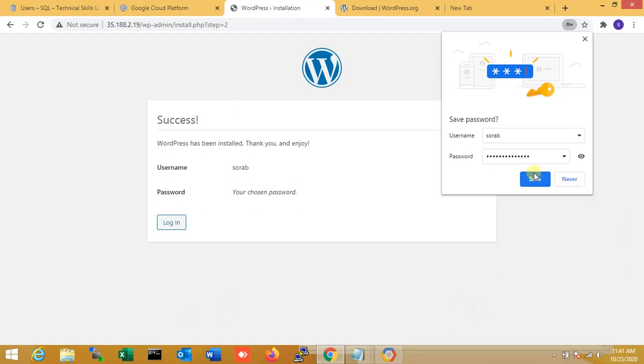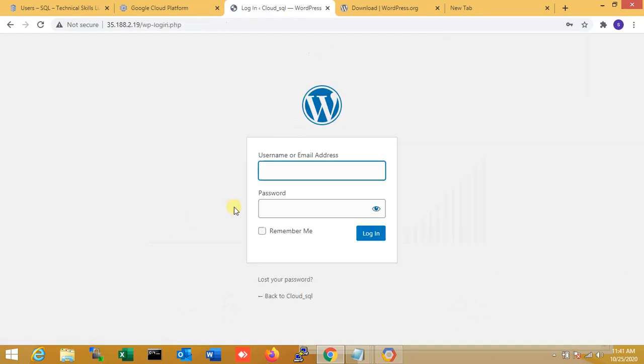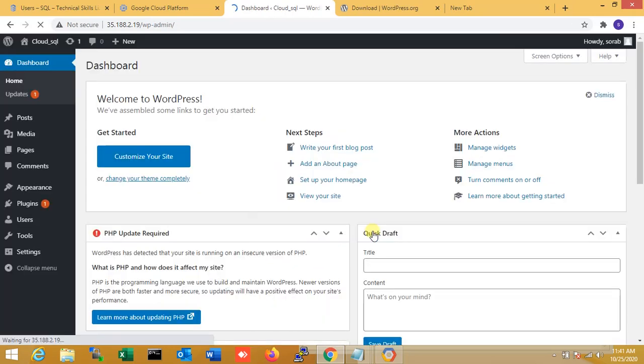Yes, it is installed. Okay, and now I just log in to that WordPress. Username is Saurabh. Okay, and type the password, and then login. Yes, you can see login is successful. And that is my WordPress website.